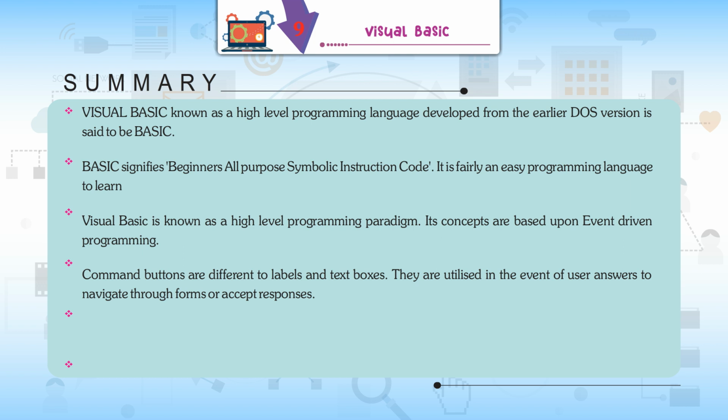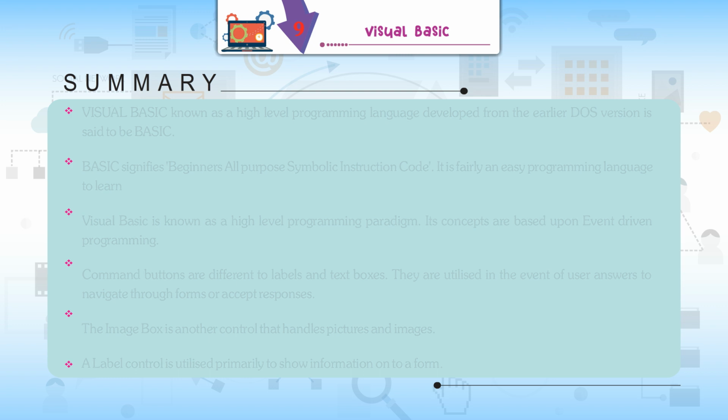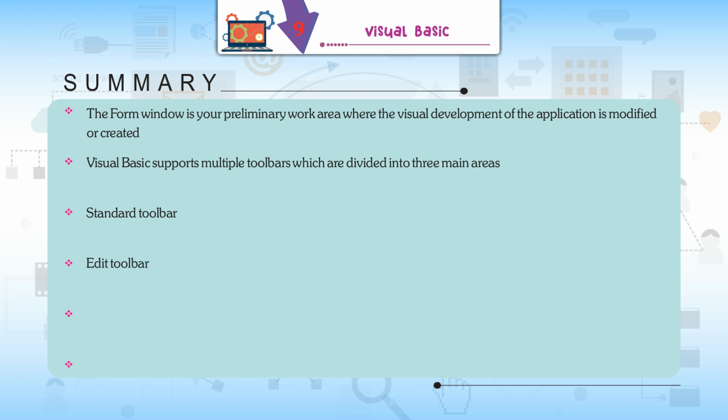Command buttons are different from labels and text boxes. They are utilized in the event of user answers to navigate through forms or accept responses. The image box is another control that handles pictures and images. A label control is utilized primarily to show information on a form. The form window is your preliminary work area where the visual development of the application is created or modified. Visual Basic supports multiple toolbars which are divided into three main areas: Standard toolbar, Edit toolbar, Debug